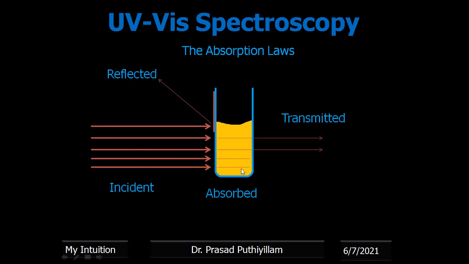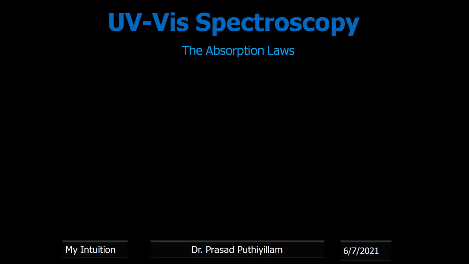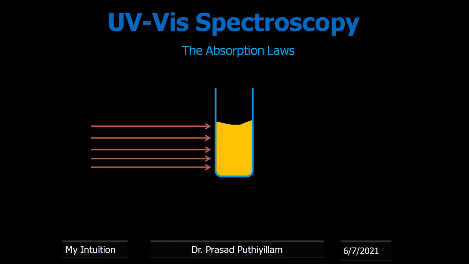I'm schematically representing the absorbed light as well as the transmitted. So here some light is getting transmitted. If you avoid reflection, if the glass surface or cuvette surface is clean, then a certain amount of photons, so here these are the photons. Light we call as a package of energy, or photon. A particular number of photons will be absorbed and the remaining will be transmitted.